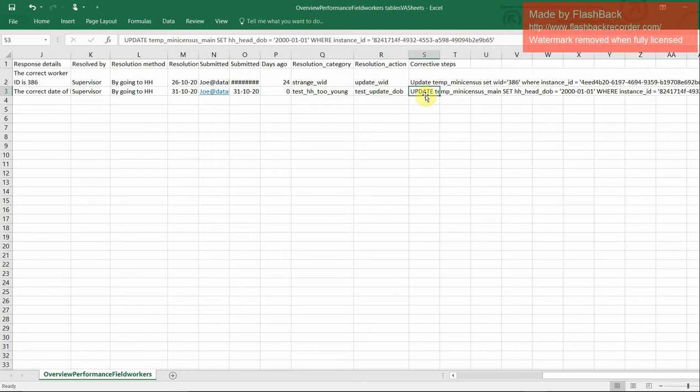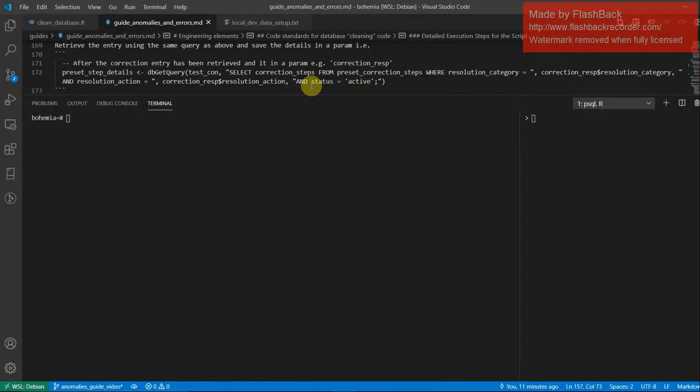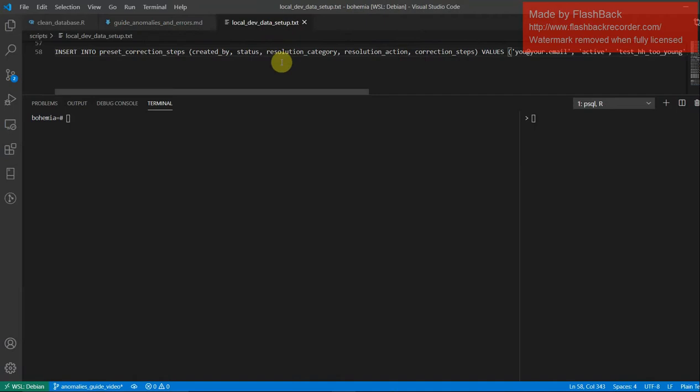As that has been done and completed, it is strongly recommended for our peer to review the corrective steps that are set out for each of these anomalies. Once that is done, the next phase is we need to update the corrections table so that we have the information